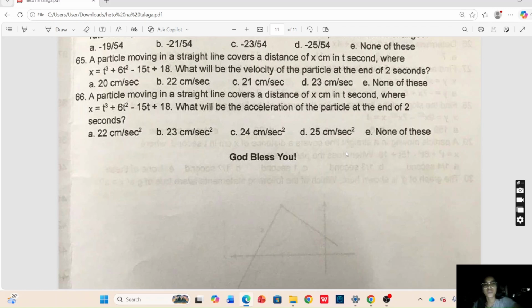So this concludes the complete discussion of all 66 questions in the examinations. These items cover continuity, differentiability, derivative rules, tangent lines, logarithmic differentiation, implicit differentiation, mean value theorems, Rolle's theorem, optimization, concavity, particle motion, and related rates. Mastering these concepts strengthens analytical thinking and prepares students for advanced applications in mathematics, engineering, economics, and science.